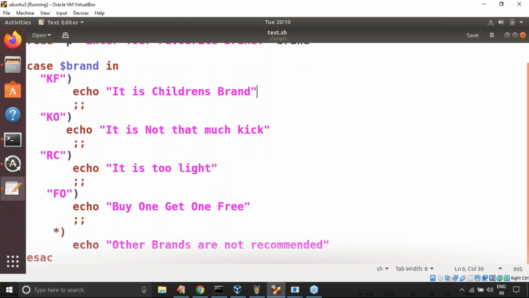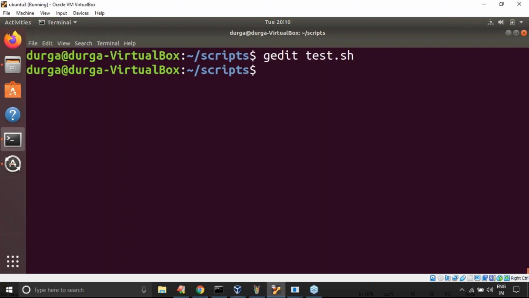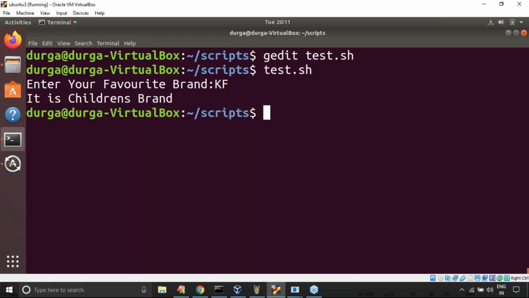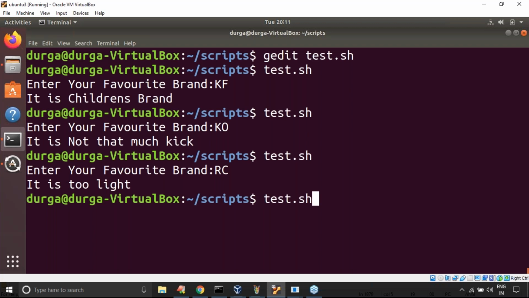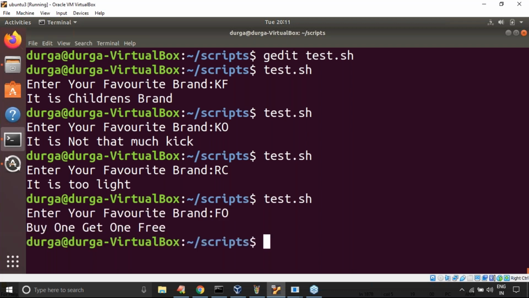Now observe carefully. I'm running test.sh. Enter your favorite brand: kf, it is children's brand. Ko, it is not that much kick. Here rc, it is too light. Fo, buy one get one free.